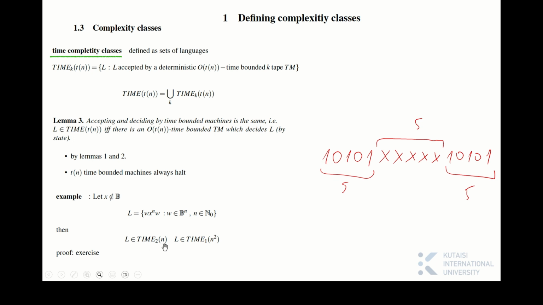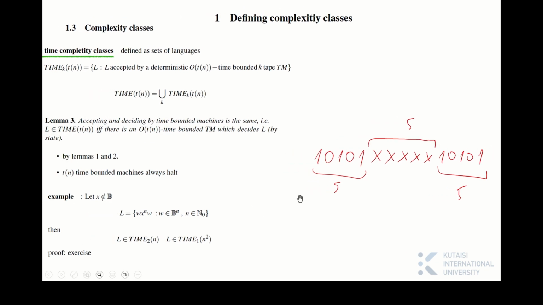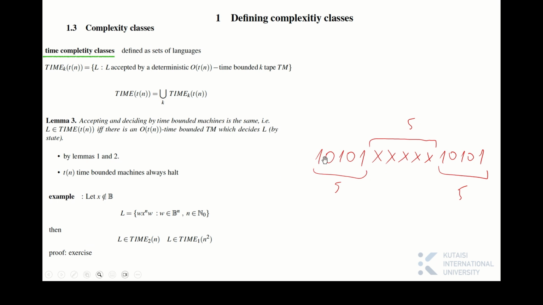What about 1 tape now? Yeah, exactly. So you have to go back and forth like this. If you only have 1 tape, you see 1. You start moving right until you read X, X, X, X. After you read the X's, you see something other than X again, and then you compare. You read 1, save it in your state. You go all the way here, compare. Then you come back here, save 0, go back here. So the fact that you have to go back and forth, back and forth, back and forth